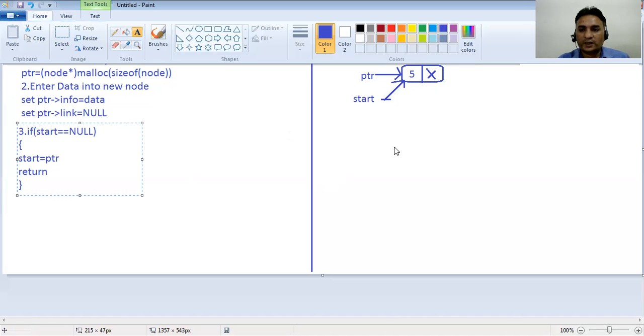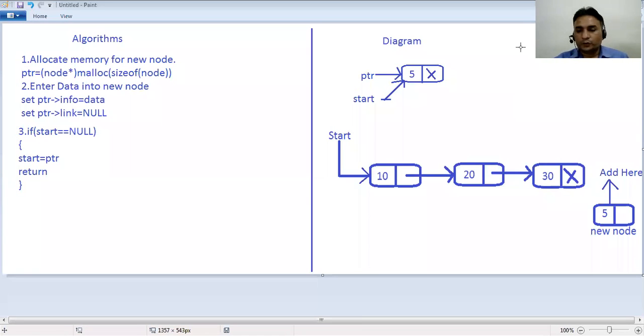So in this case, suppose we have multiple nodes. What happens when the linked list has multiple nodes? We have to add the newly created node at last position.